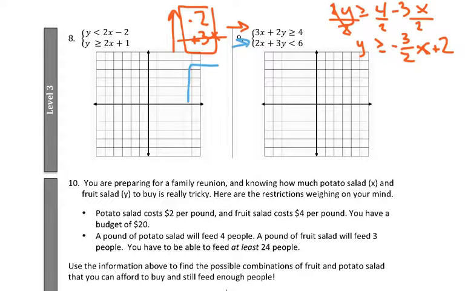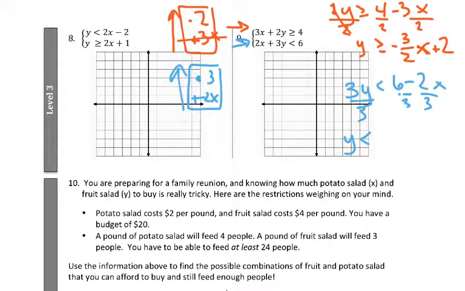And for this one down here, y is being multiplied by 3 and added by 2x. I know I'm kind of doing this fast, but these are things that we've been doing since the beginning of the year. So if you need help solving these multivariable equations or whatever, you're welcome to go back and find homework assignments that were in Unit 2. That's where we did a lot of this stuff. Do the opposite stuff backwards. I'm going to start by subtracting 2x from both sides. So that would leave me with 3y is less than or equal to 6 minus 2x. Then I divide all of these things by 3, and I'm left with y is less than or equal to,